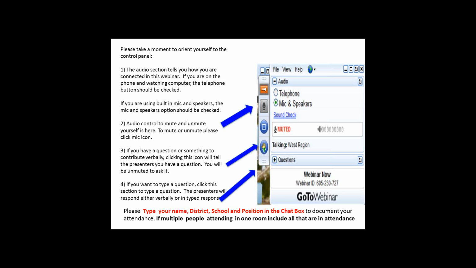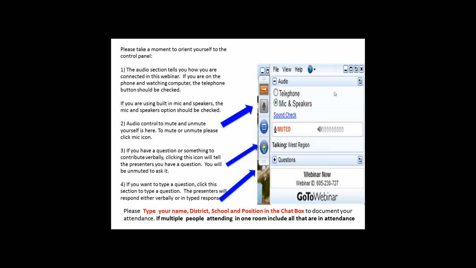So I want to just help orient you to your control panel. The audio section of the control panel is how you are connected. If you are on the phone and watching the computer, we will see a little telephone next to you. Right now, as you come on, Stephanie is muting everybody so that we don't get feedback from your environments.